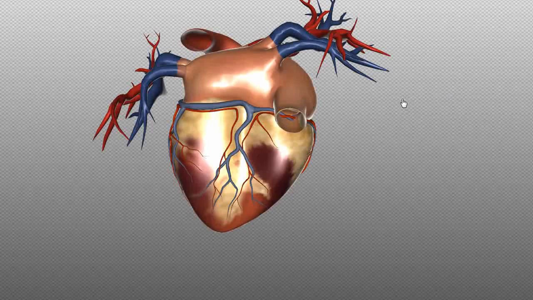So a person whose posterior interventricular artery arises from the circumflex artery will be left dominant, whereas if the posterior interventricular artery arises from the right coronary artery, then they'll be called right dominant. In the majority of people, the posterior interventricular artery arises from the right side, but in some patients, the posterior interventricular artery